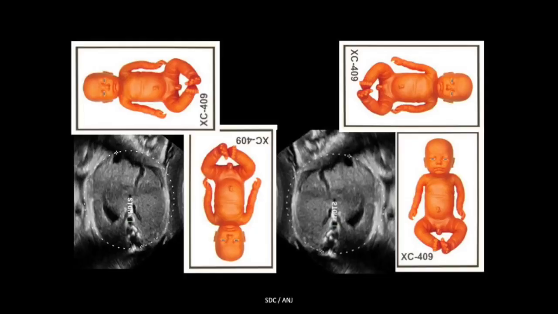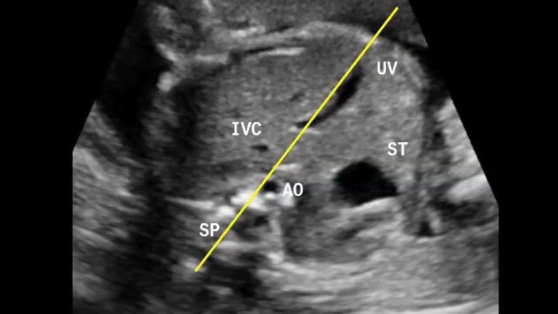The other way to know whether the abdominal situs is correct or not is to take a mid-abdominal section, the abdominal circumference measurement section. You draw a line from the spine anteriorly like this. The aorta, the stomach, should be to the left side on one side. The IVC is to the right and a little bit anterior. The line passes through the umbilical vein. Then you know that this situs is correct. While looking at the abdominal section, if the IVC is bang anterior to the aorta or if it is to the left of the aorta, with this arrangement itself, you can make out whether there are any situs problems or not.